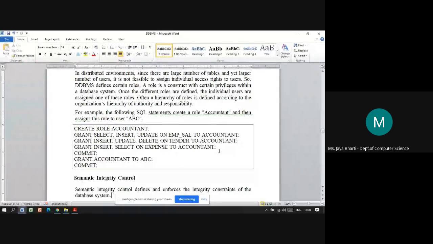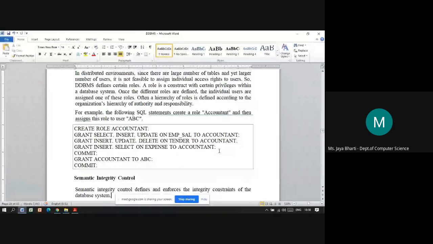Commit is basically for saving purposes. It saves the changes to the database. So once the privileges are assigned, commit is written. Before that, whatever transactions were performed, all will be saved.